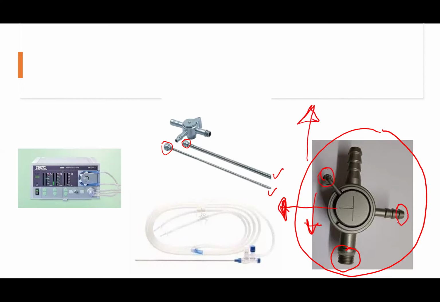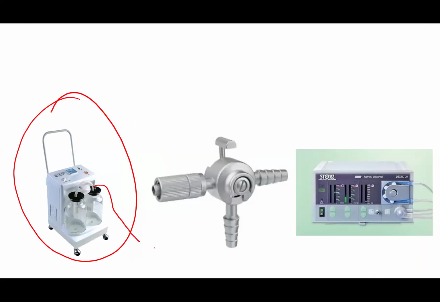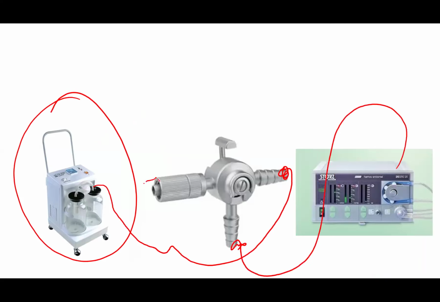And this is where the irrigation fluid is connected, the tube from the machine. This is an irrigation machine, okay? And this is where the suction tube is connected. If you have this type of machine, rather than the other type we showed that has inbuilt suction and irrigation, you need a separate suction device. Okay, if you have this type of machine, that means you need a suction machine, and the tubing from the suction machine will be connected to this point, while the tubing for the irrigation will be connected to this point, and the tip, the suction tip, will be attached to this nozzle that will enter into the